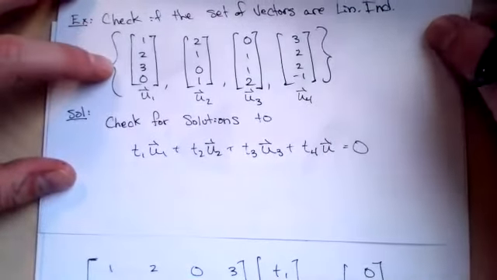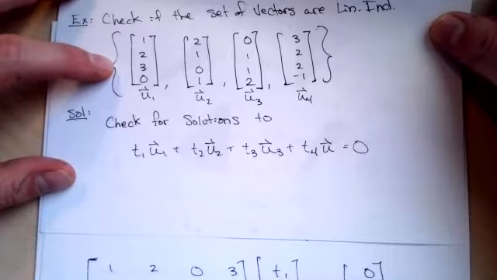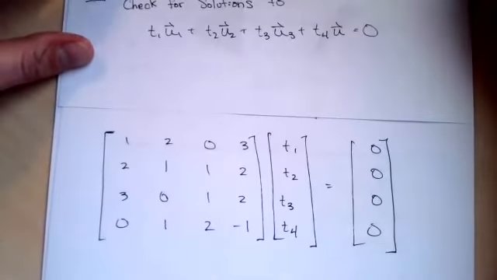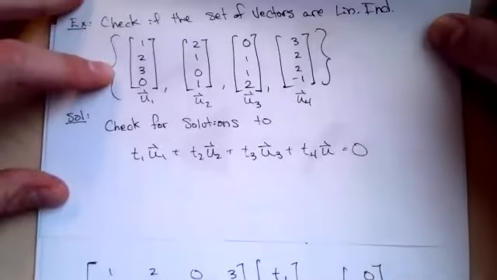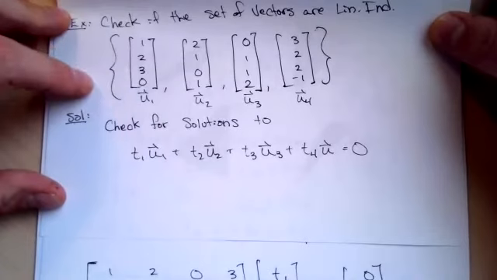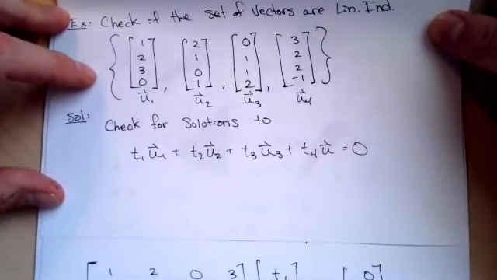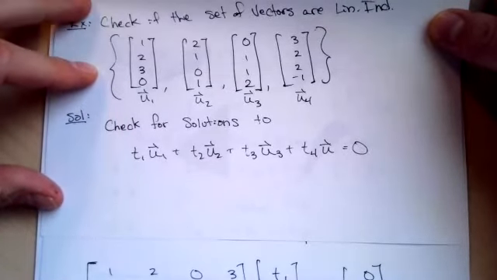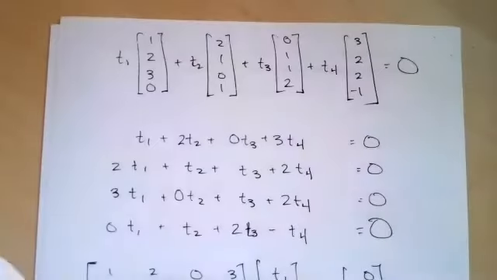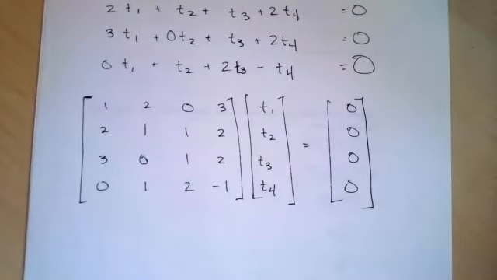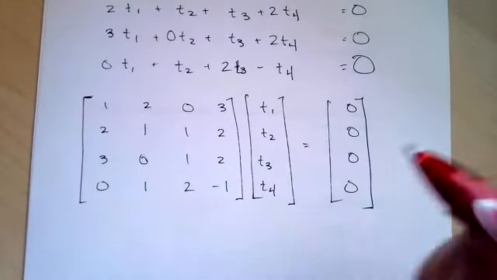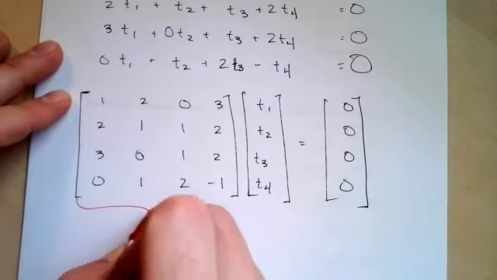If we look at the set of original vectors and we look at this matrix, what is special about the columns? Those columns are exactly the set of vectors we started with. So namely, this is a matrix